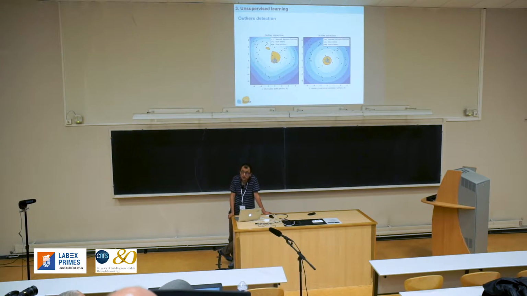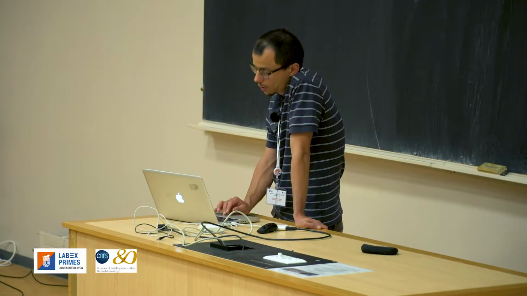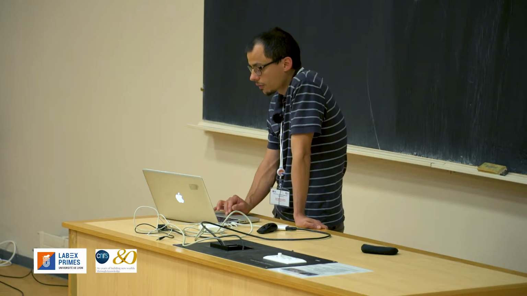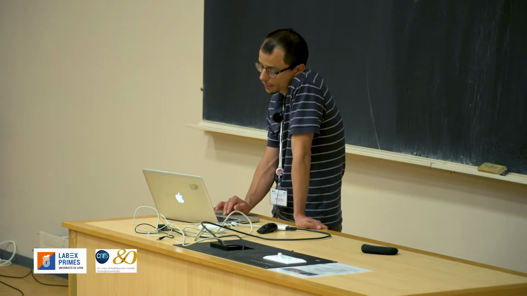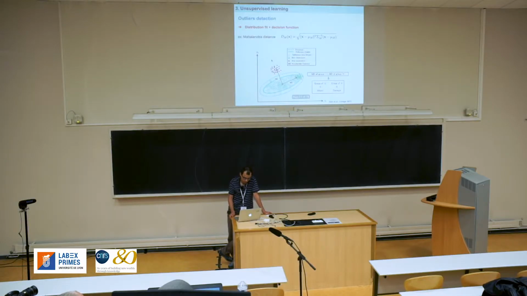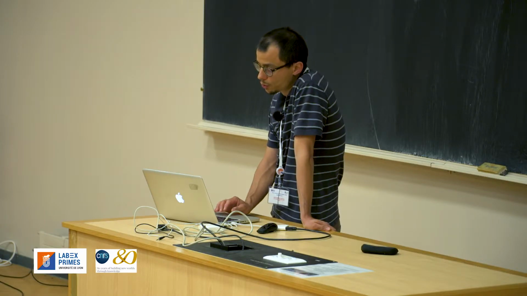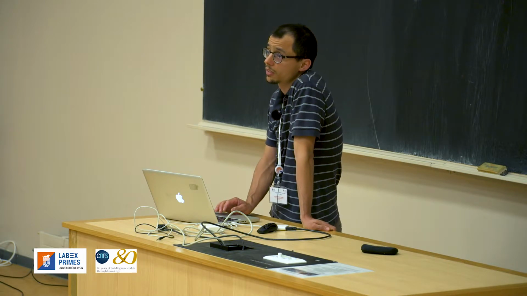So all this was about finding clusters, but when you fit a distribution to some data, you may also want to use it for another thing, which is finding outliers, unexpected cases. So 2 examples. On this cluster, you fit a spherical, circular or symmetric distribution, and you see that there are a lot of outliers out there. But you may also fit more complex distributions to find outliers. I won't go too much into details, but basically there are 2 steps. First, fitting a distribution, and then looking at the decision function